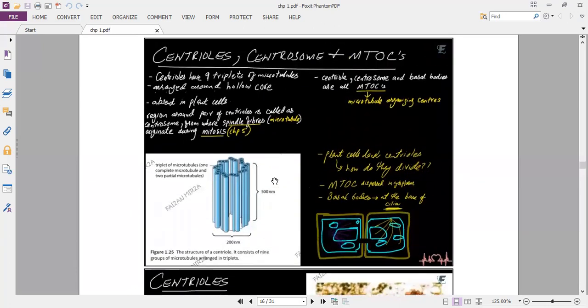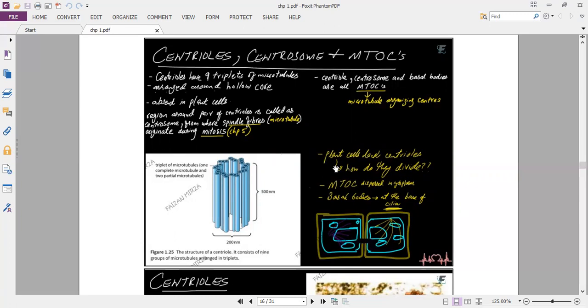What is the function of these centrioles and centrosome? They allow microtubules to be formed and radiate to every part of the cell, and they play a very important role in mitosis, especially during cell division where chromosomes are to be pulled apart. We discuss this later in chapter 5.